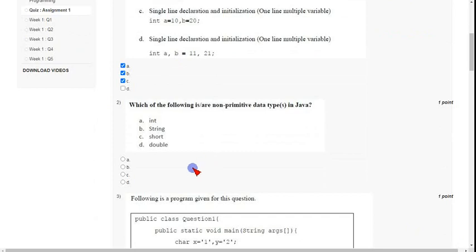And coming to the second question, which of the following is or are non-primitive data types in Java? int is a primitive data type, and short along with double, these three are primitive data types.